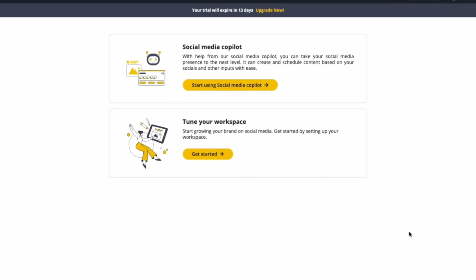Now they have 2 options for you here. You can either start using their social media copilot, or you can tune your workspace. So the difference here is with the social media copilot, you will get help from their social media copilot. You can take your social media presence to the next level. It can create and schedule content based on your socials and other inputs with ease. Then when you click tune your workspace, you can start growing your brand on social media and get started by setting up your workspace. Now I want to set up my workspace first, so I'll click get